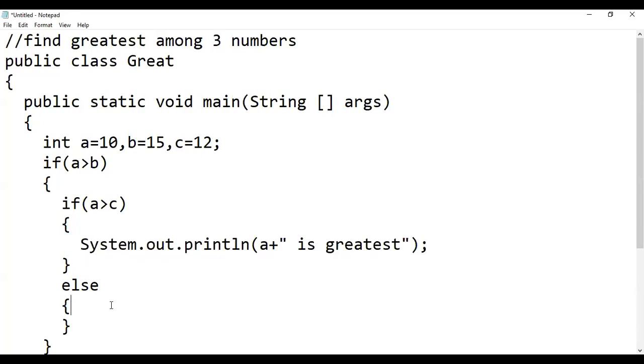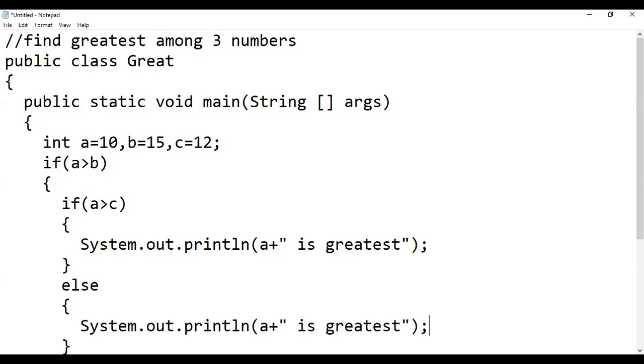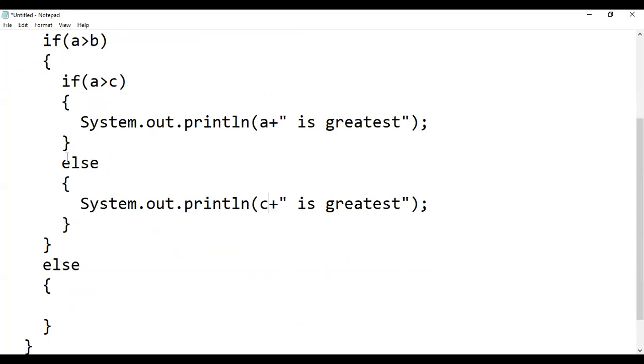But if this condition becomes false, it means C is greatest, so we have to display here C is greatest in the else part. This is all about the outer if statement. But if this condition becomes false, meaning B is greater than A, then the else part will be executed.